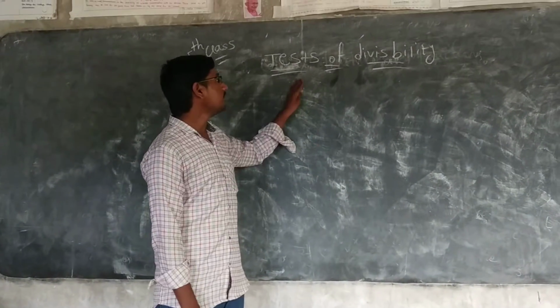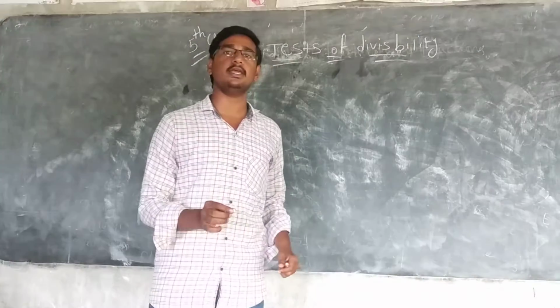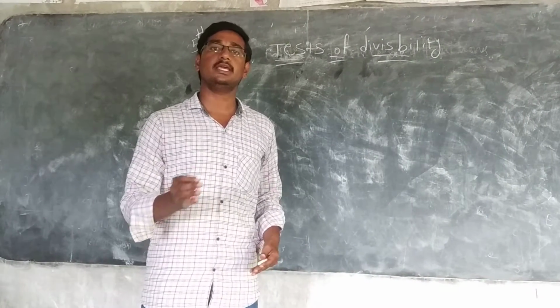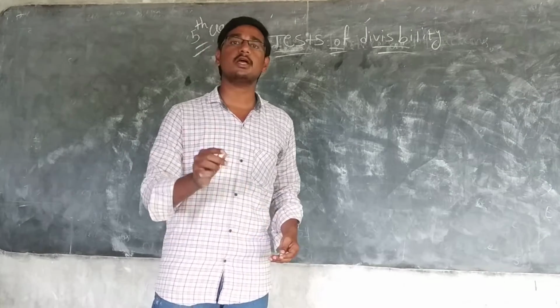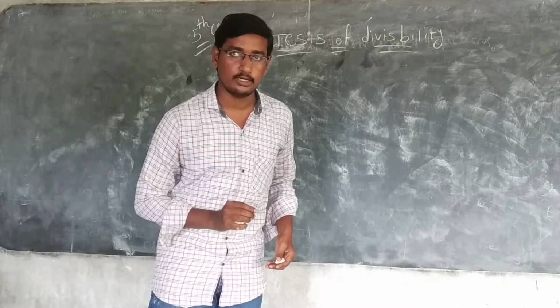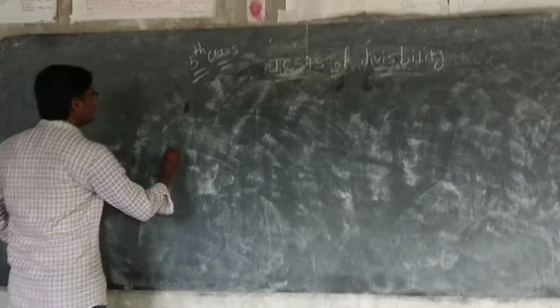Tests of divisibility or divisibility rules are used to check whether a number is divisible by a given number without doing an actual division. Okay, students. For example,